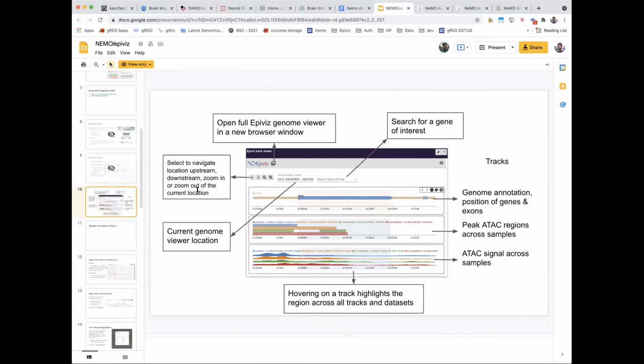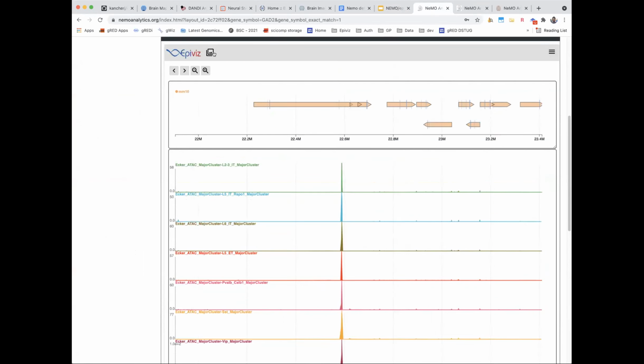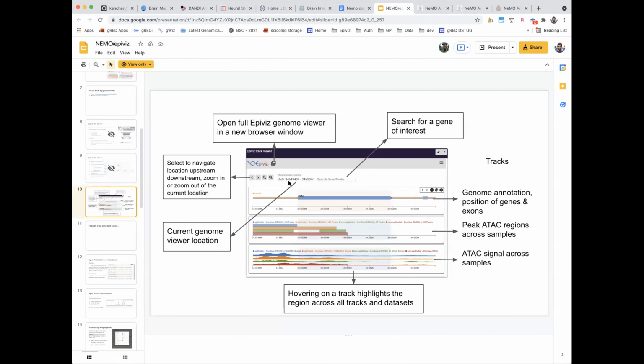I quickly went through the interface, but a quick overview is there's a button on the top that lets you open just the epigenetic data in its own window. And then you have full control on many of the features that Epibis provides. You can quickly jump to a gene region, search for a gene, go to that gene region, or navigate along the genome, zoom in and zoom out, and also add your own custom tracks rather than the tracks that were added on this particular profile.